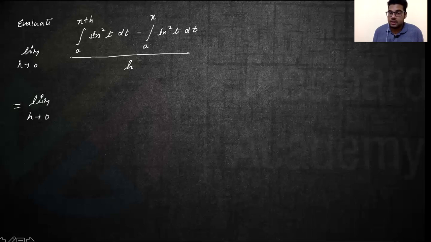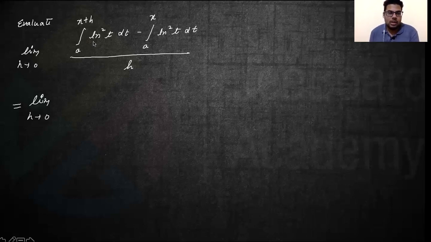That's it. So we know how to differentiate. Differentiating the upper limit, the derivative of x plus h, is with respect to h, not x. Understand this. Here we will be differentiating with respect to h. The limit is h tends to 0, not x tends to 0. So the variable is h here, not x. You'll have to differentiate with respect to h, not x. We have seen this in the limits questions that we have done.